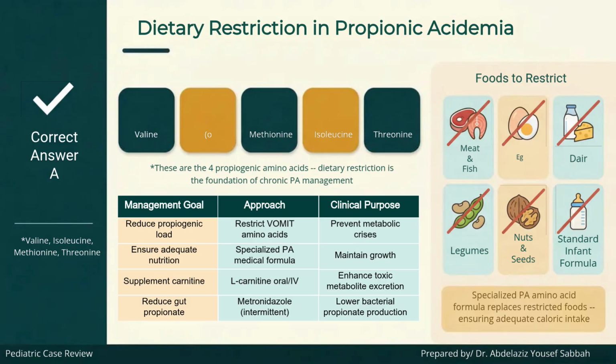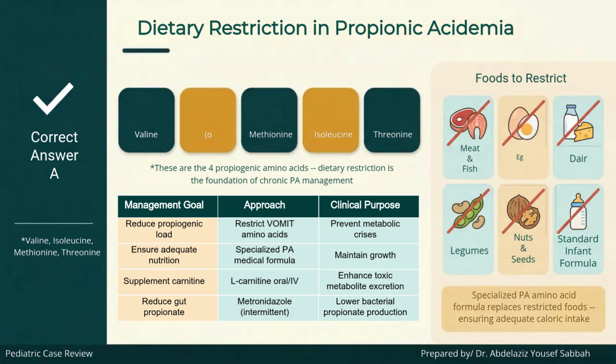These are the 4 propiogenic amino acids, and you can remember them using the mnemonic VOMIT, which stands for valine, oxygen, methionine, isoleucine, threonine. Dietary restriction of these amino acids is the foundation of chronic management in propionic acidemia. The management goals include reducing propiogenic load by restricting these amino acids to prevent metabolic crises, ensuring adequate nutrition with